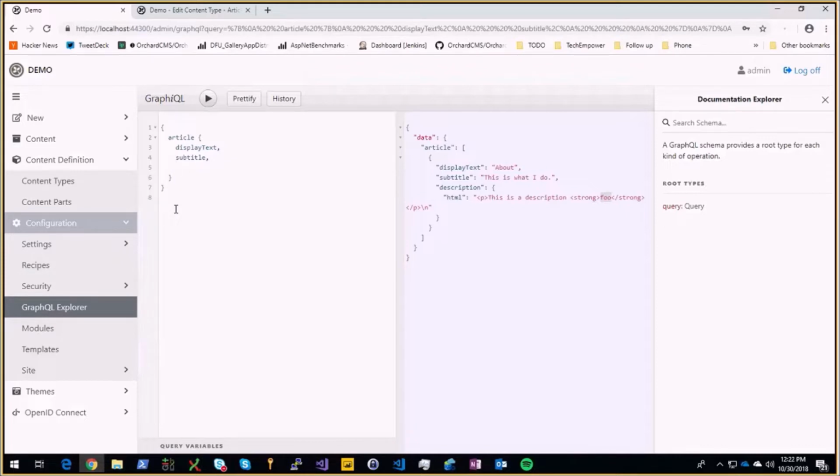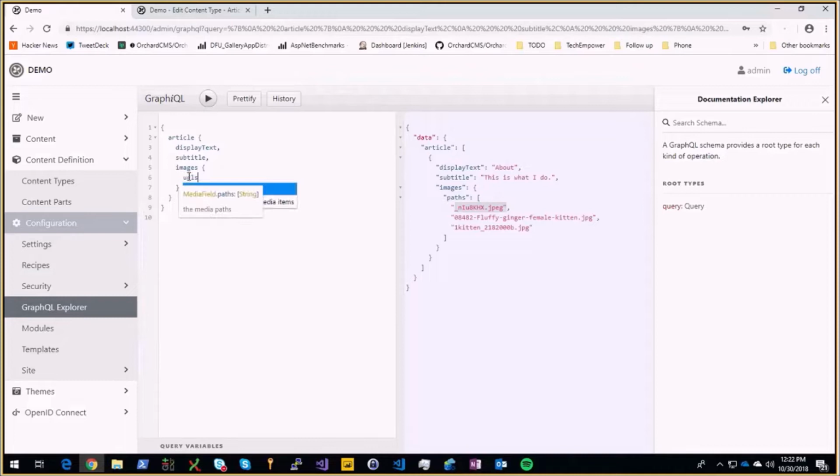And then you can do the same thing with super complex fields like the media. So images here is a media field. Let me see. This is a media field. And this guy provides the URLs. Well, provides the paths that have been entered in the media. And here I have 3 local paths, which are stored in a database to represent the media in the assets. Okay, but if you want to render these elements, you need the actual URLs to point to this media. So instead of paths, you will call URLs, and then you have access to the public